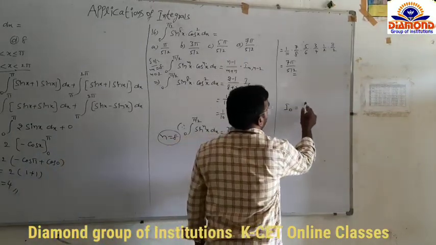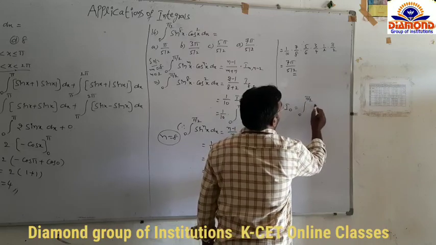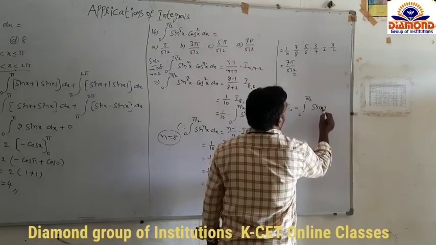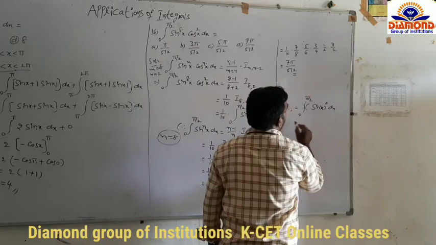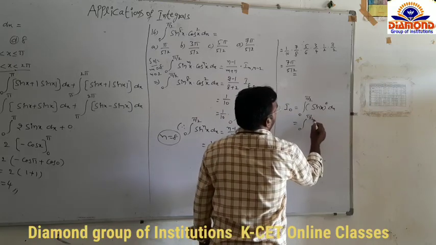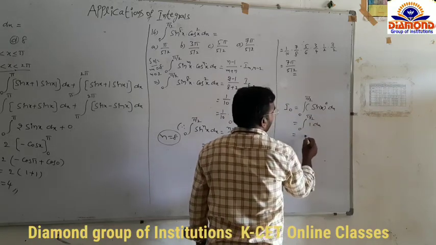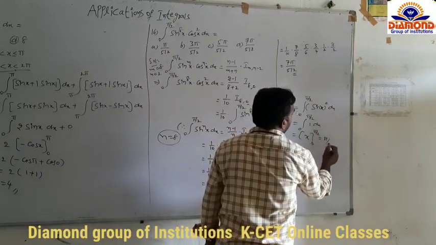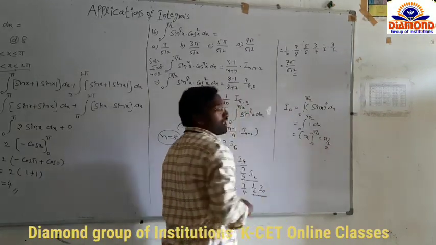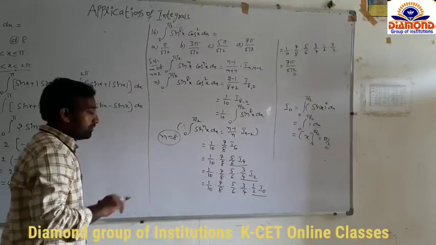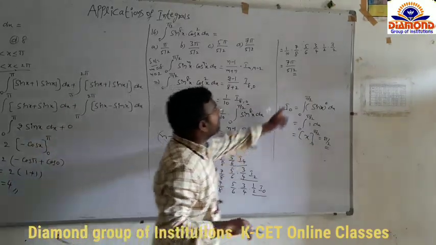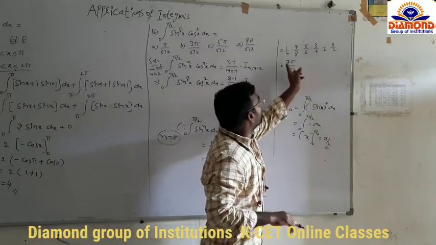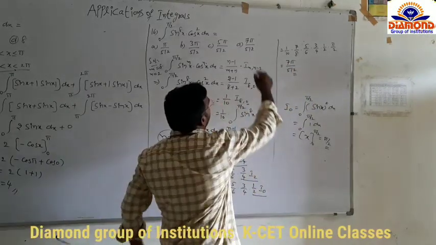but the given function, integration 0 to pi by 2, sin x power 0. That is nothing but 0 to pi by 2 of 1 dx. Integration of 1 is x, limits are 0 to pi by 2. This is nothing but pi by 2. The I0 value is always pi by 2 in any problem. So with the I0 value pi by 2, the total calculation is equal to 7 pi by 512. So option D.